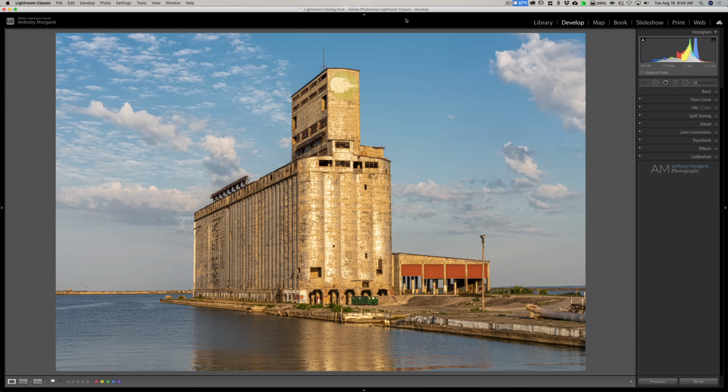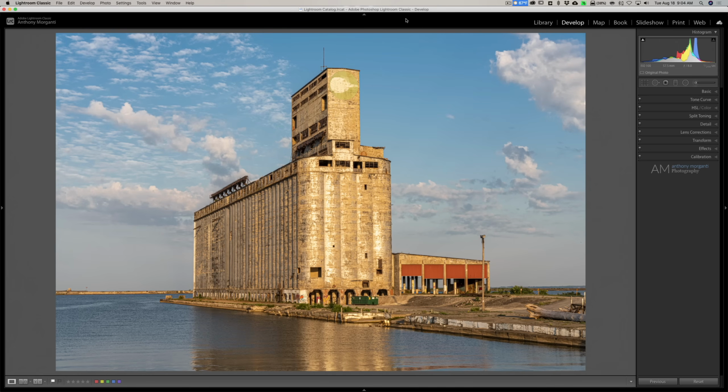So I anticipate that in October, Lightroom will go from version 9.4 to version 10, and in that update we'll see a lot of new things. Typically they skip the September release, so we probably won't see a new version of Lightroom in September. It'll be in October, and that one should be much more significant than this one.